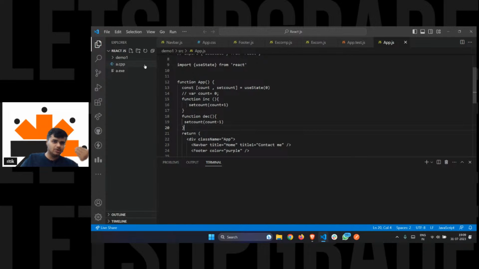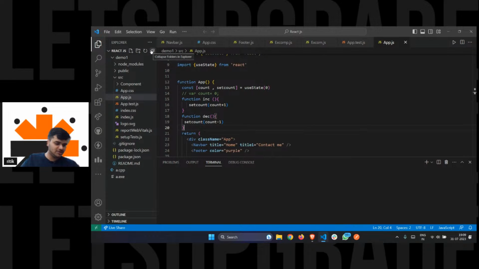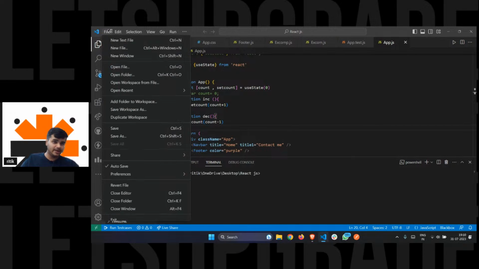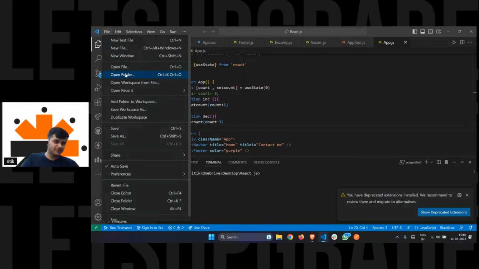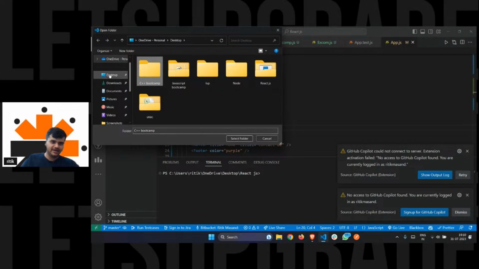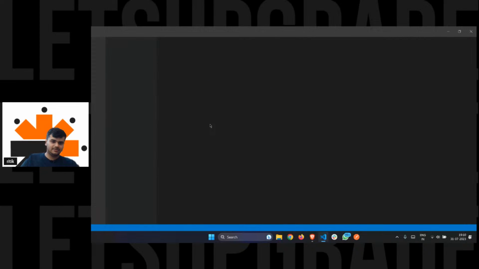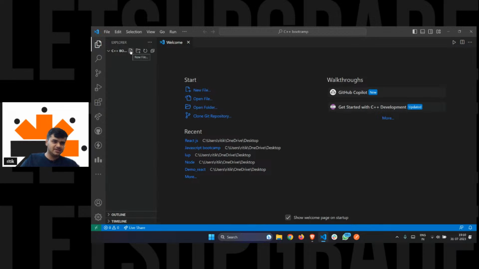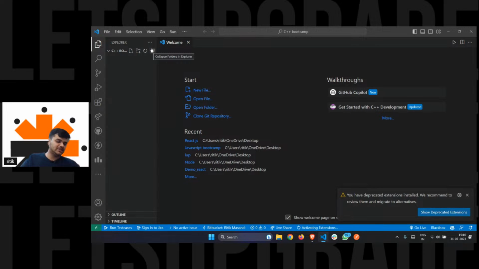After opening VS Code, I have made a folder, right? So how do you open a new file? Just click on File. You'll see a File option on the top left. Just click on new file or new folder. In my case, I have a new folder altogether, named C++ Bootcamp. I see it here on the desktop, and I'll just open it. Now you'll find some options here. You can create a new file, create a new folder, this is to refresh, and this is to collapse your explorer.